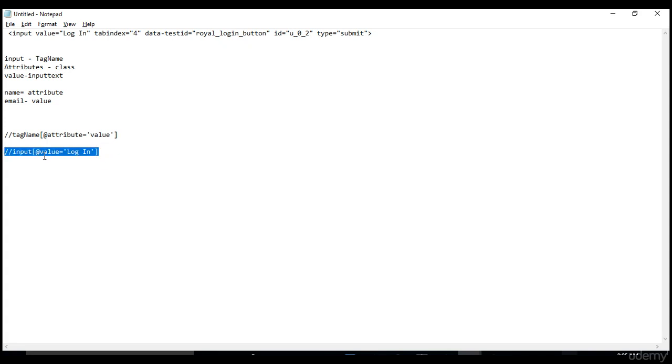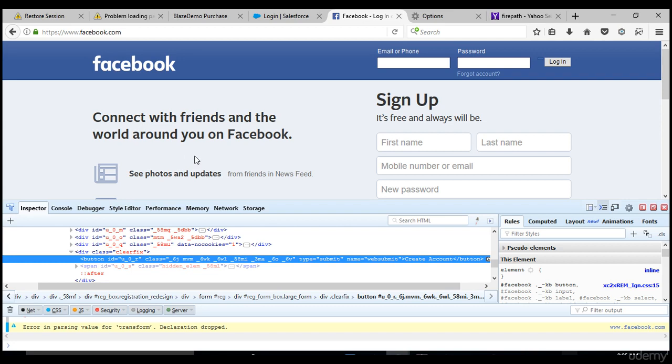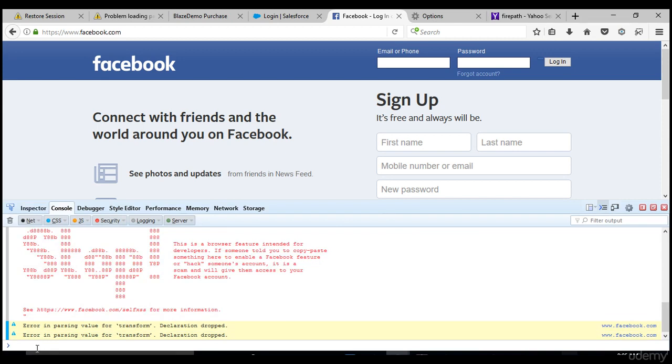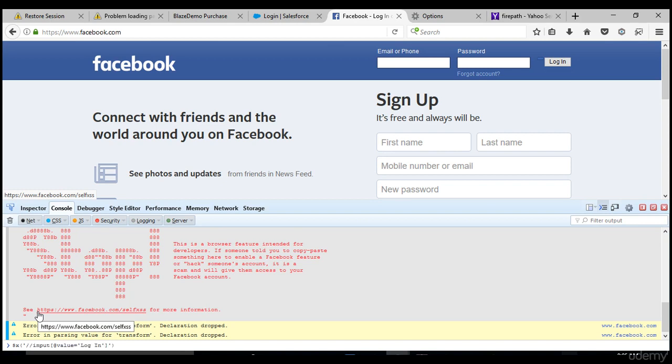It's very simple, right? Now you copy this and paste it in your code, and let's check if it is a correct XPath or not. How do you check? In the last lecture we have seen it. We need not put it in code, run, and then realize that it's a failing XPath. It's very simple. Go to the console tab, and as it is XPath, you will give $x and quotes. You will close that, and inside it you will paste it. Sorry, it's double quotes, not single quote.